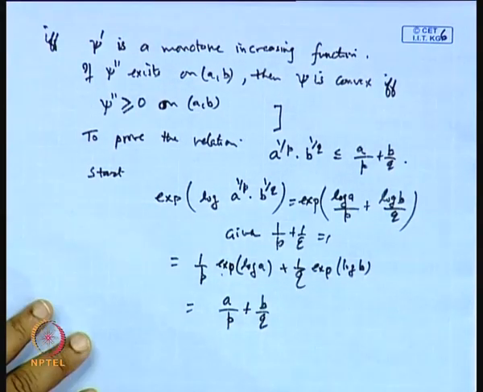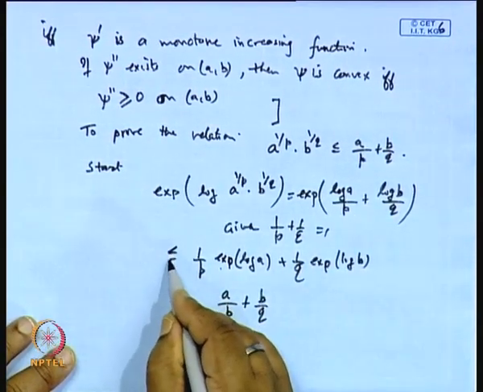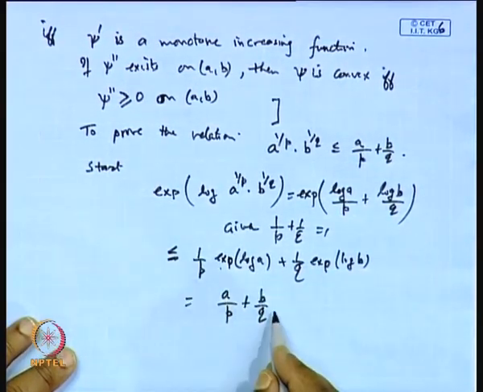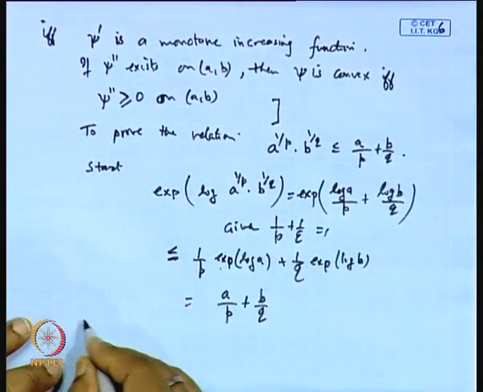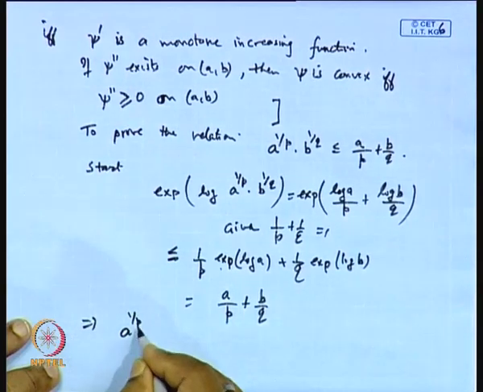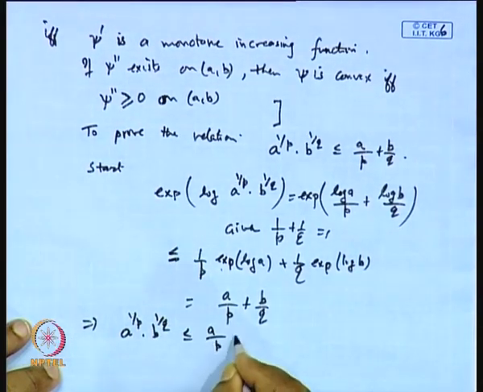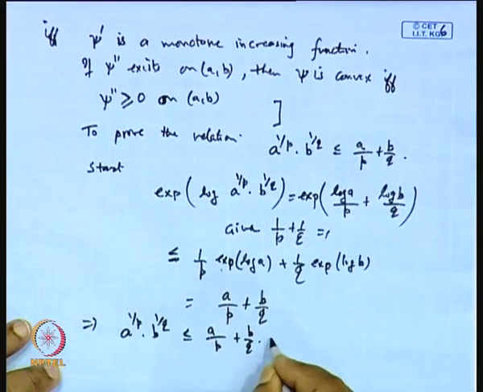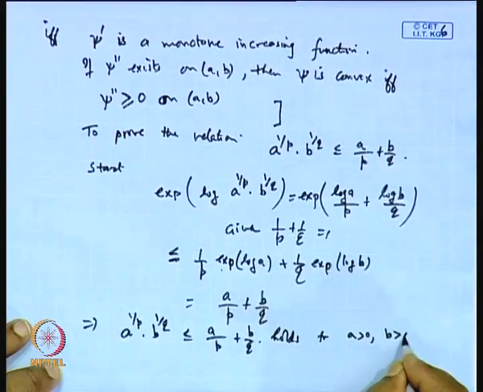So, it is less than or equal to a by p plus b by q. It means this term a to the power 1 by p, b to the power 1 by q is less than or equal to a by p plus b by q holds for any a positive, b positive,